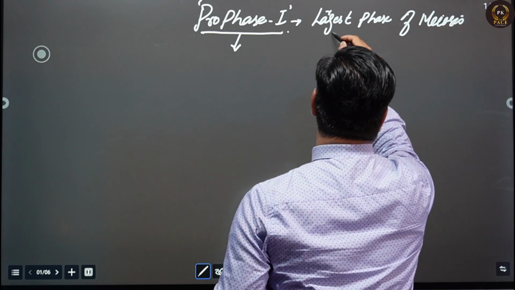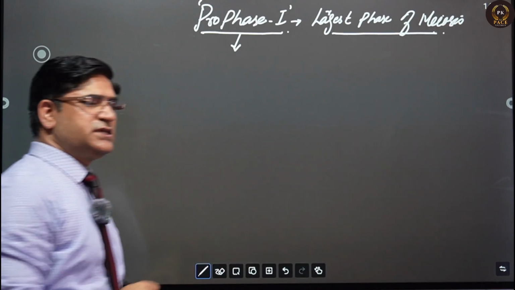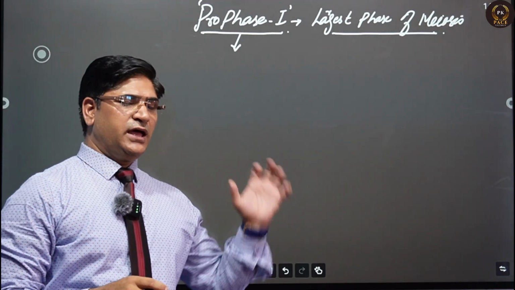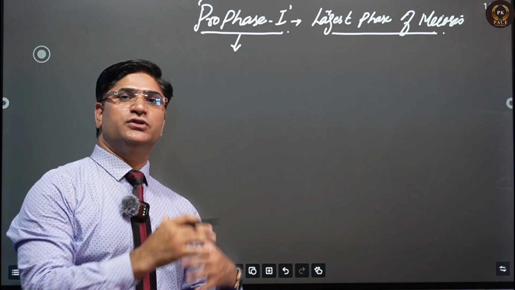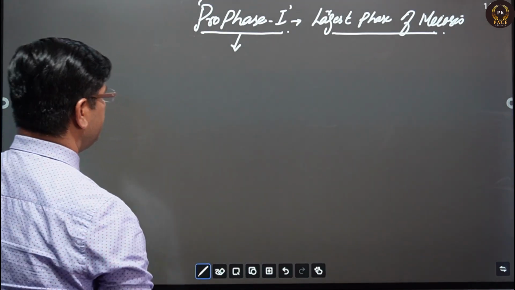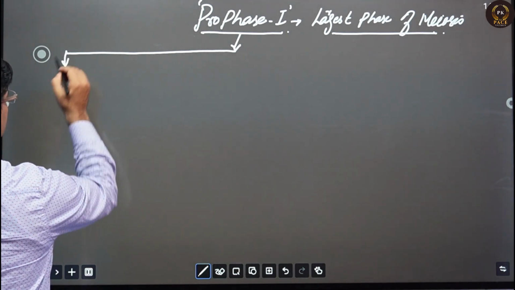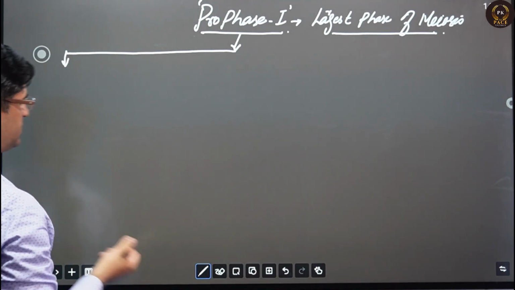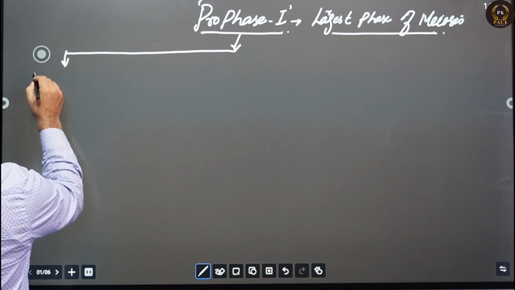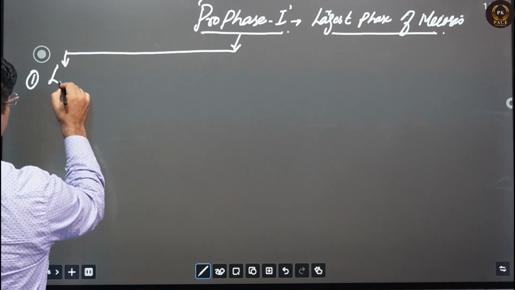Prophase is the largest phase of meiosis, so this phase takes some more time. It gets accomplished in different stages. During the prophase, it gets completed in different stages. The first stage is called